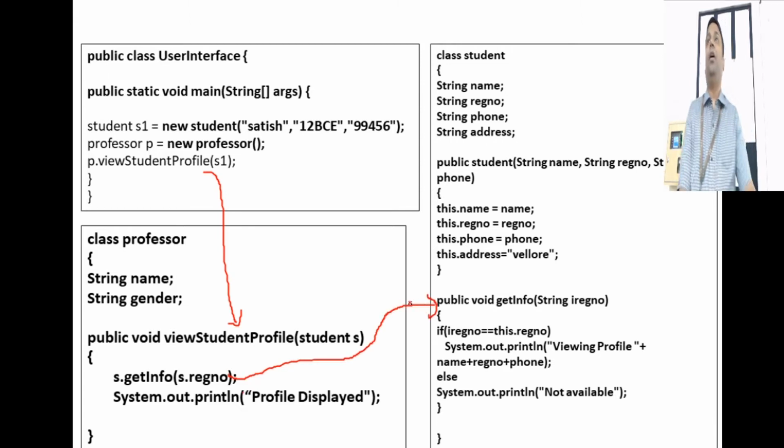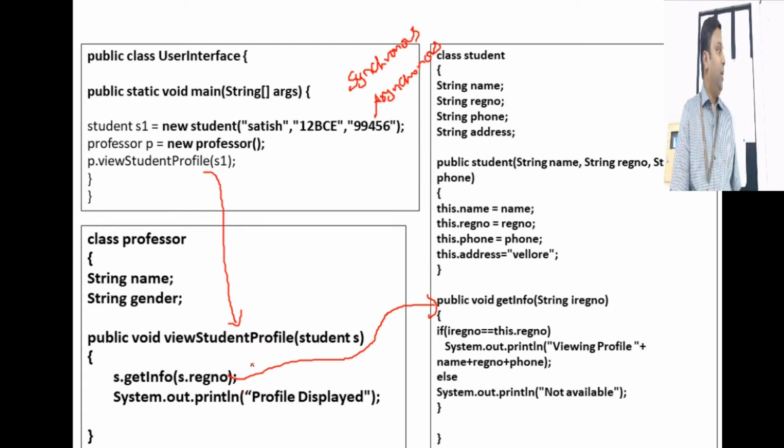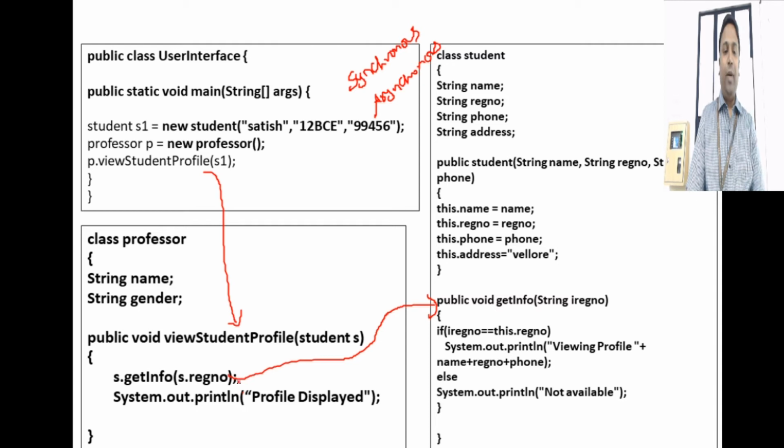s.getInfo. So that is how the objects communicate, and we have to understand one thing, whether the calls are synchronous or asynchronous. See, when you take a look at this particular method, there is a call happening to s.getInfo. So the call gets transferred here, and it starts executing all these lines of code. So while it is executing, can the next line here execute? Can the next line here in this method execute? No.